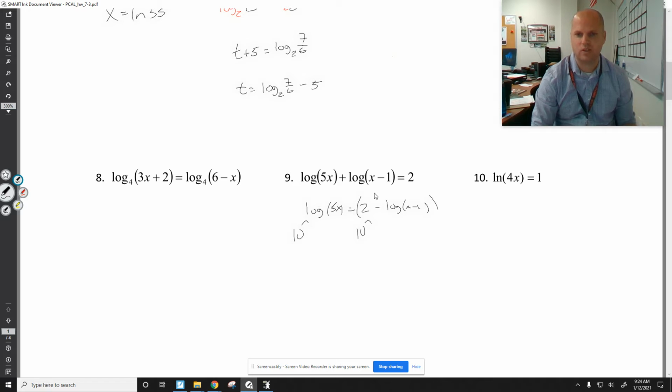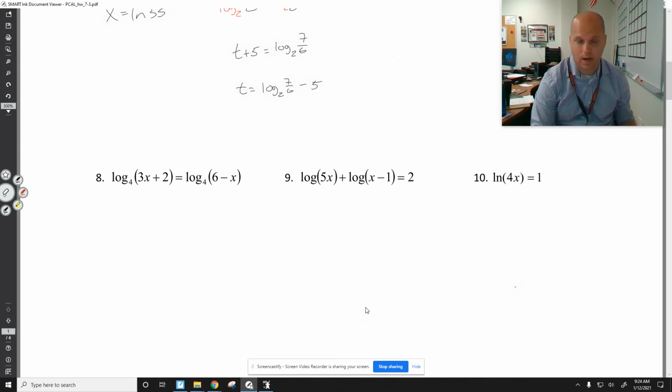You can't do like 10 squared minus x minus 1. That's not correct. x to the 2 plus 3 is not x squared plus x cubed. It's x squared times x cubed. You could use a log property kind of like that,